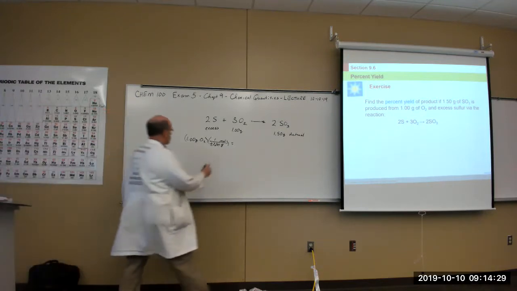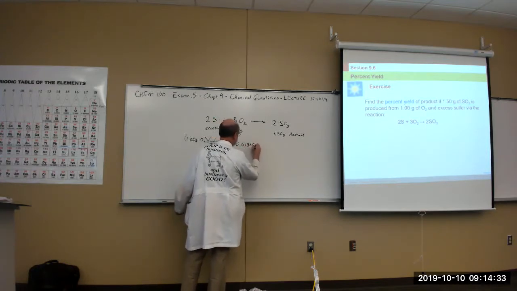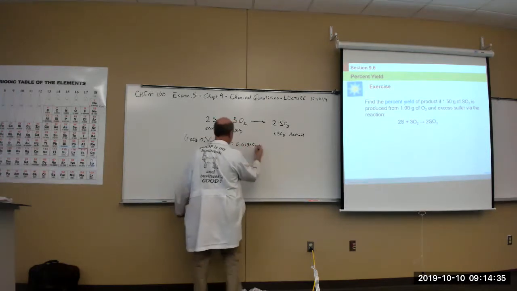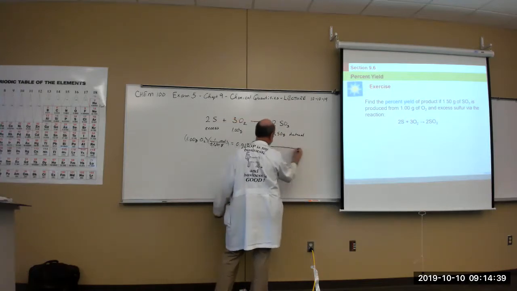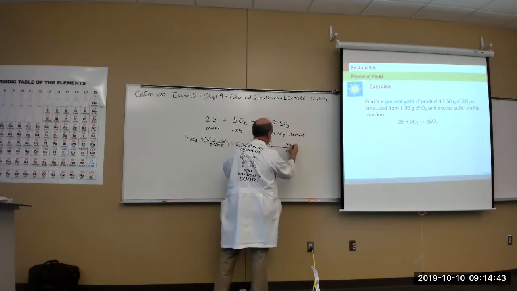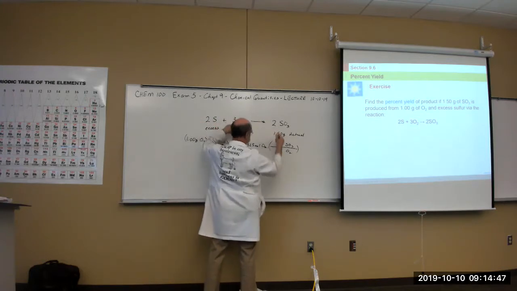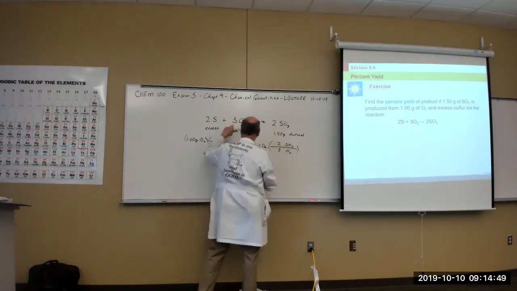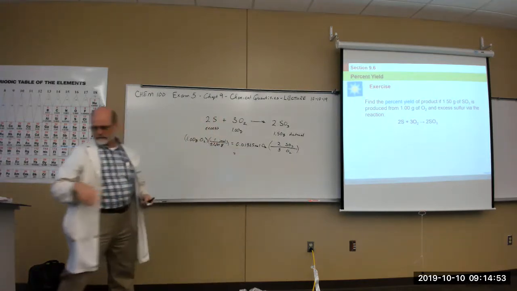0.03125, 0.325 moles of oxygen. And then we're going to convert it to sulfur trioxide. All right, we have oxygen here, sulfur trioxide here, and the conversion factors are here and here. So 3, 2. So 2 times that divided by 3